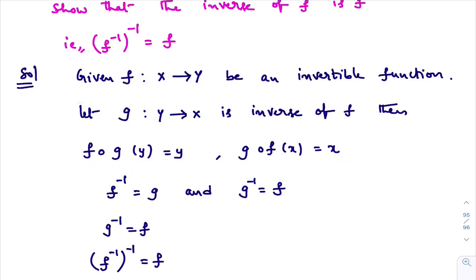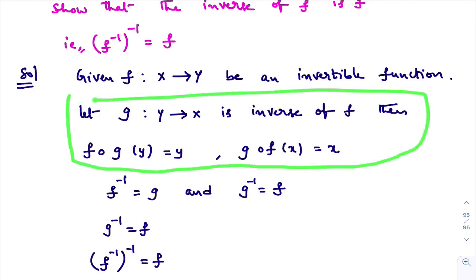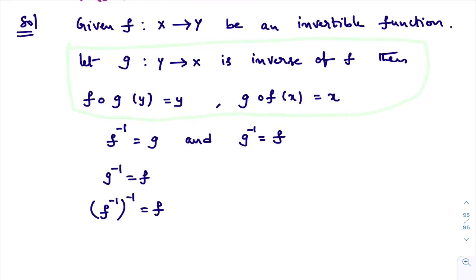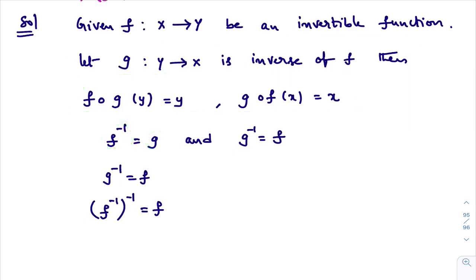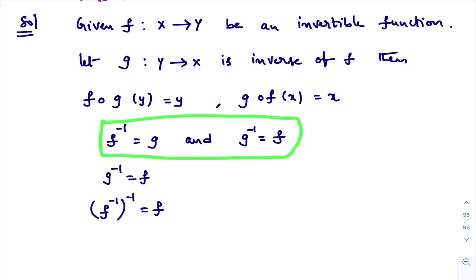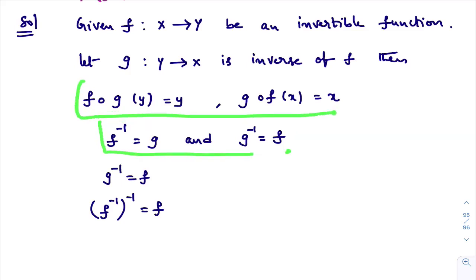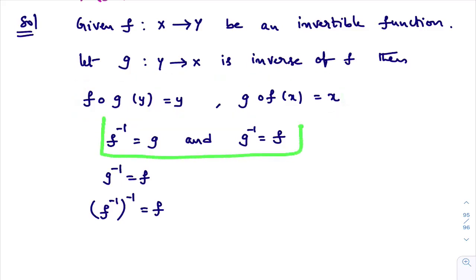Okay, if g is inverse of f, f circle g of y is y and g circle f of x equals x. Now you observe this carefully. When you got these two things, from this we can say that g is inverse of f. In the same way, I can say that f is inverse of g also. They are inverse to each other. When you are able to prove that f circle g equals g circle f equals I, g is inverse of f and f is inverse of g. This is a little concept oriented. If you know the definition of inverse, then you can understand this easily. Okay, as I got this step, from this I can write f inverse equals g and g inverse equals f.